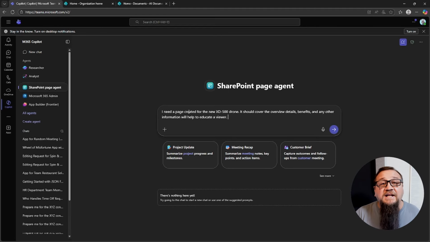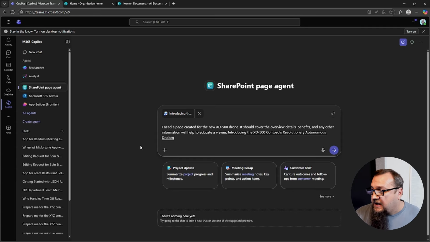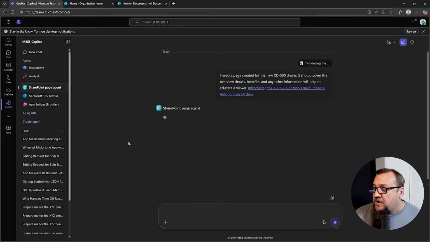And then I need to attach this document into the prompt. So I could hit the / key, and I'll see the XD500 drone right here. So I'll attach, this is attaching the document into that prompt, and then we're going to send it over to